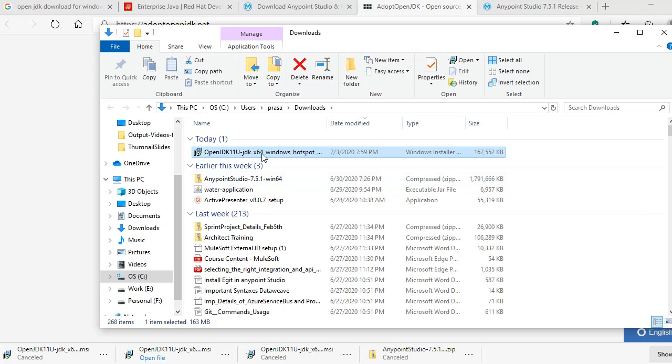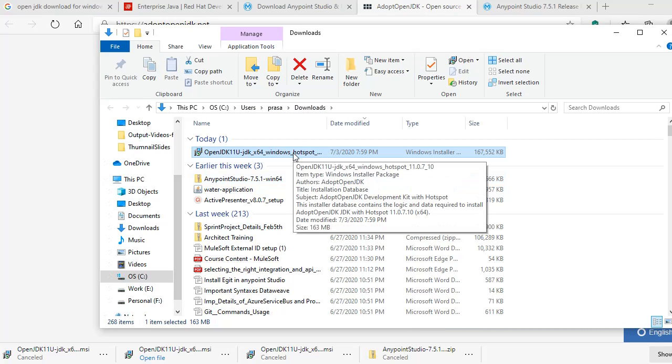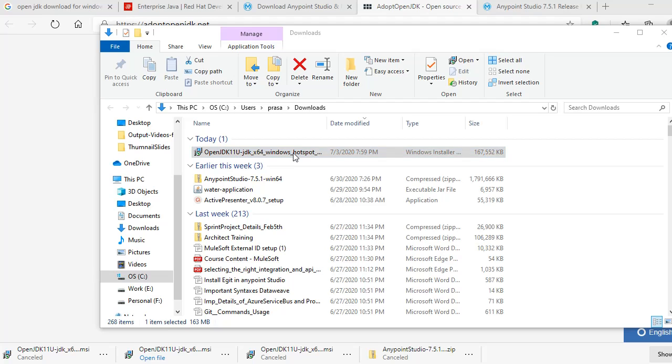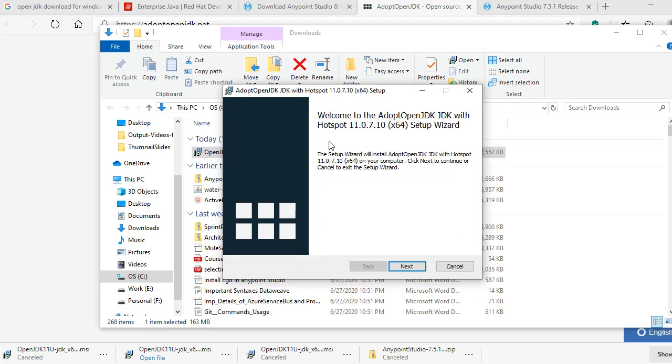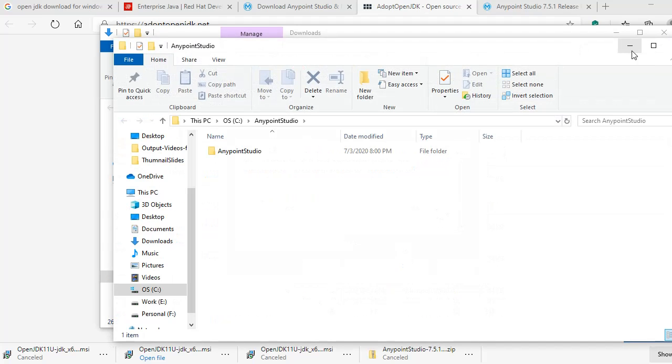First we need to install this Java. Just double click on it. It will open up the installation window for you. Click on next. This pop-up shows that the Anypoint Studio zip is getting extracted, so let's look into this later.